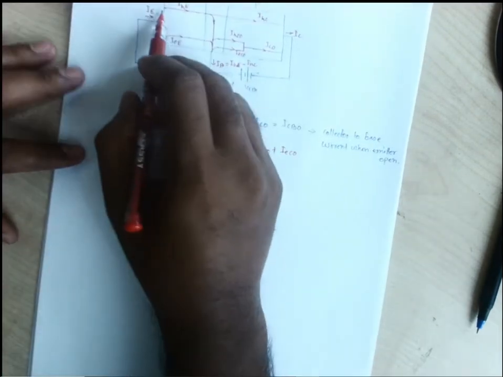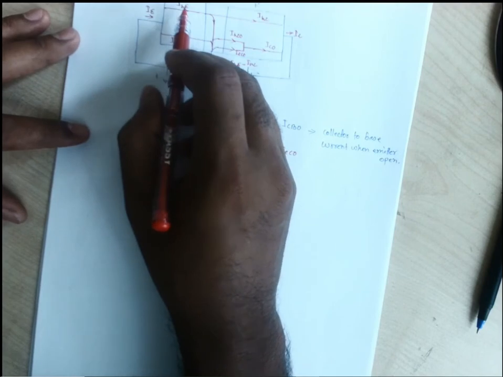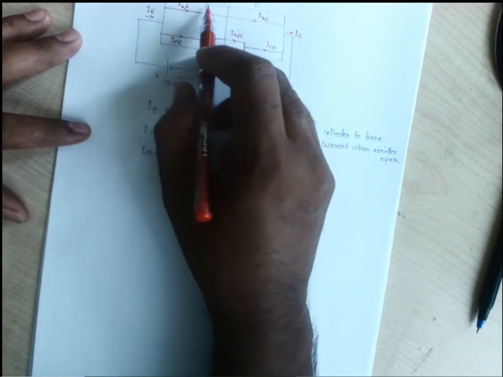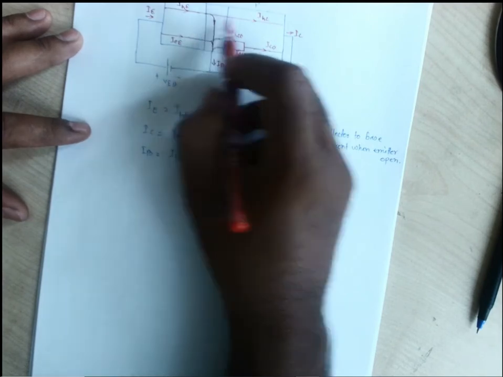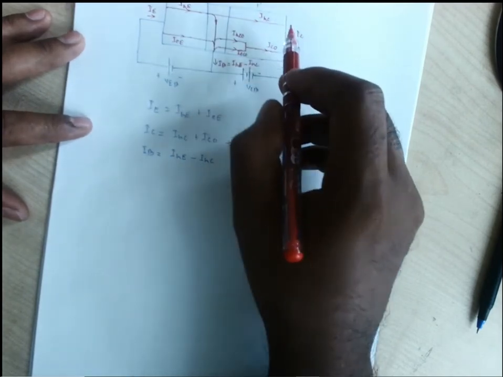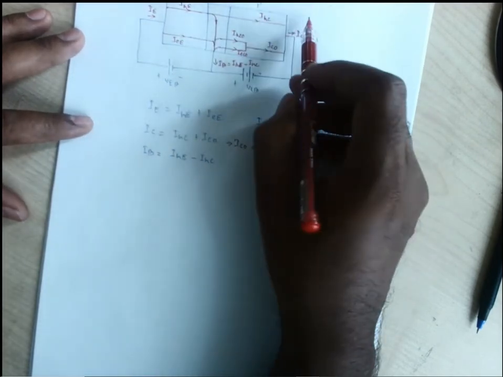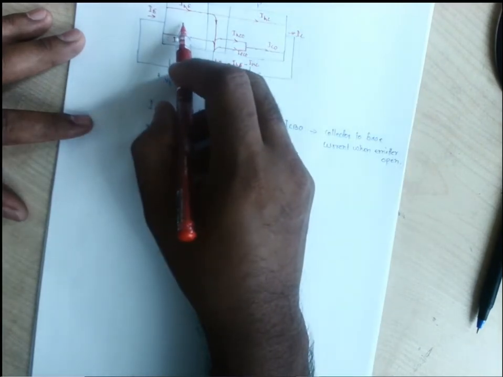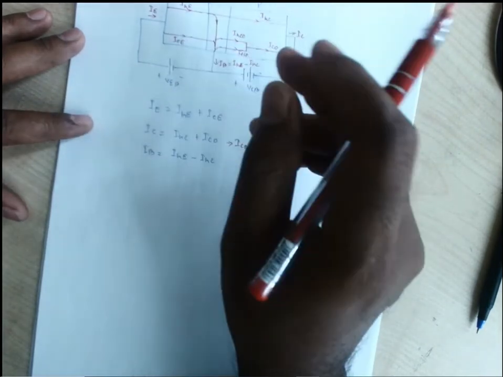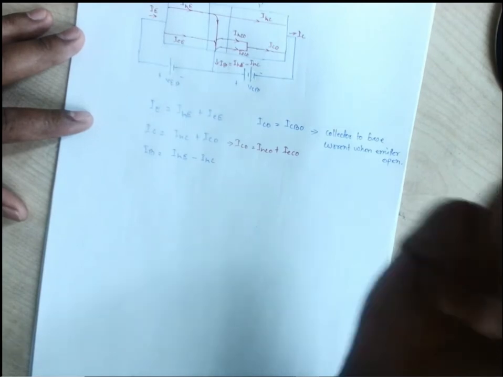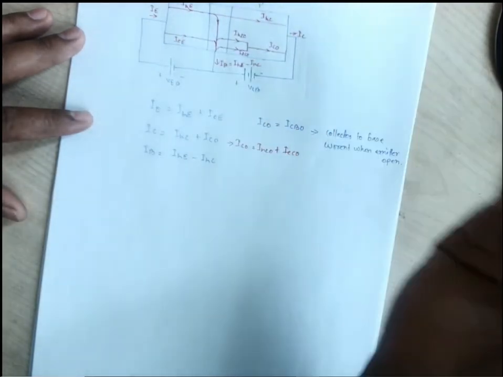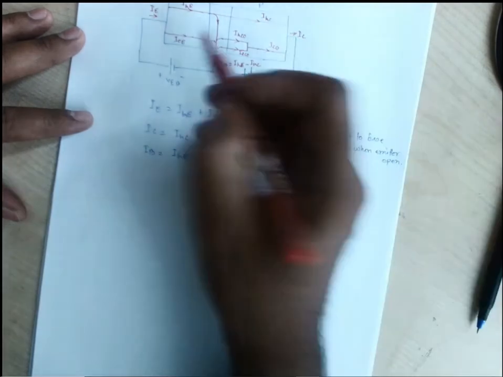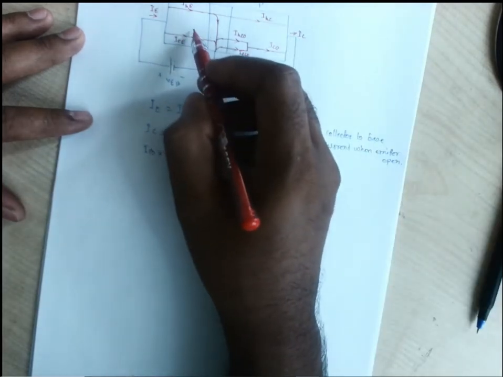On this side, the majority charge carriers are the holes. When they move forward to the base, some recombination will take place and further movement will produce the final amount of current into the collector. Now this base-emitter region will also have certain minority charge carriers, though very negligible. Let us consider that out of 100, only one will be a minority charge carrier because it is heavily doped.